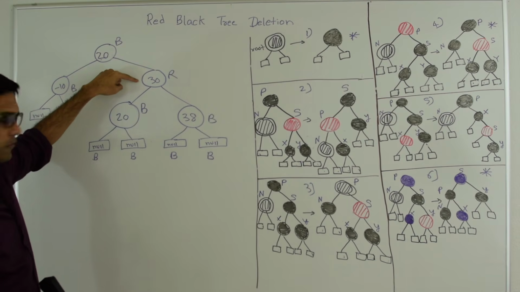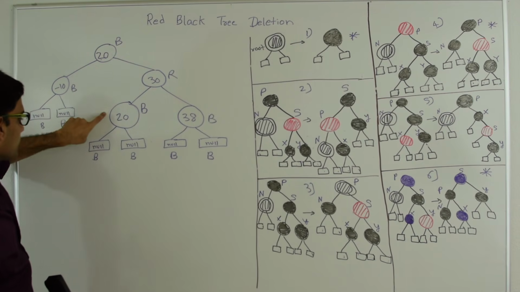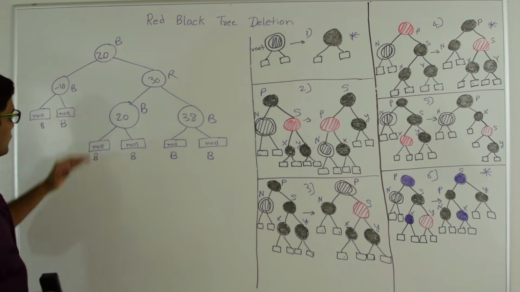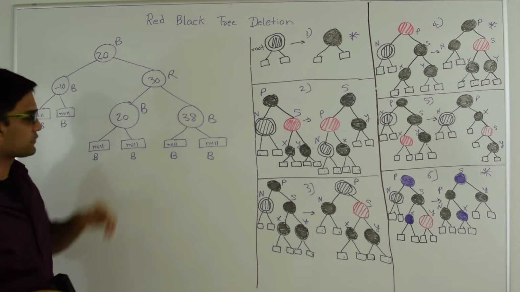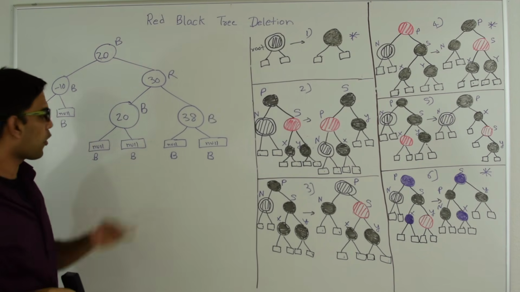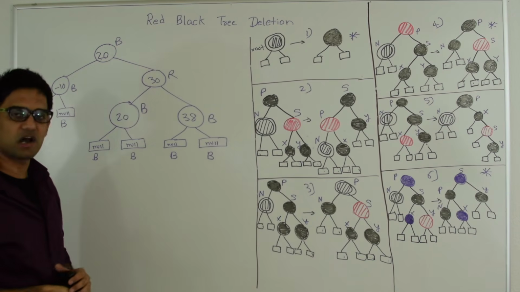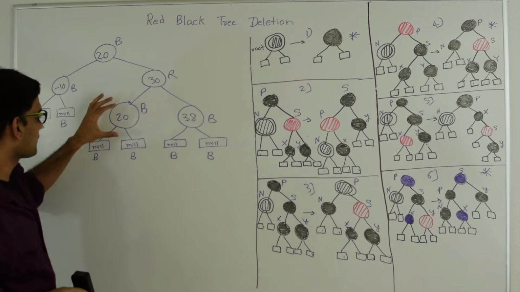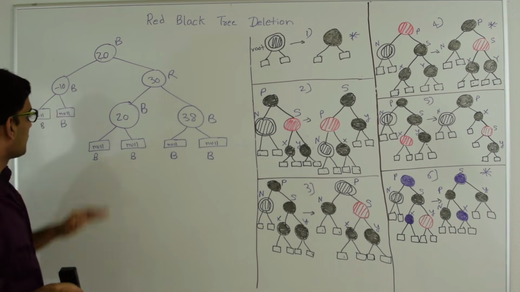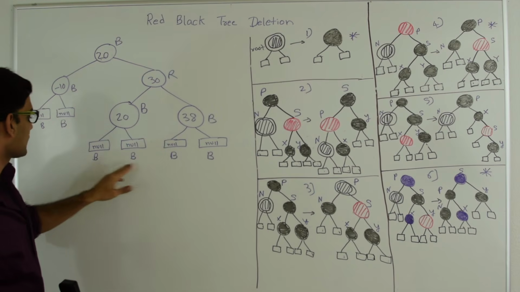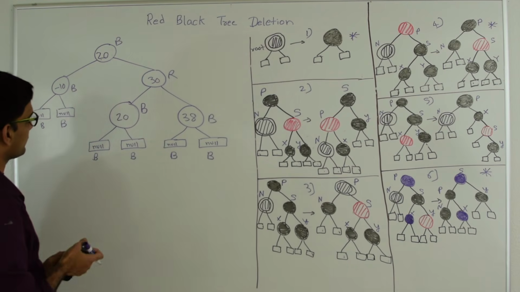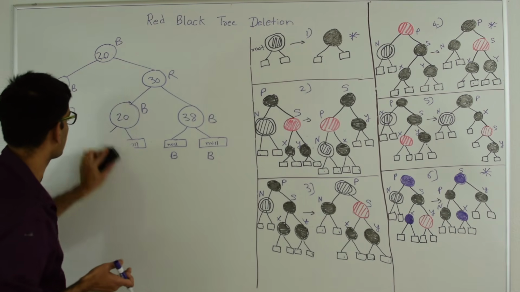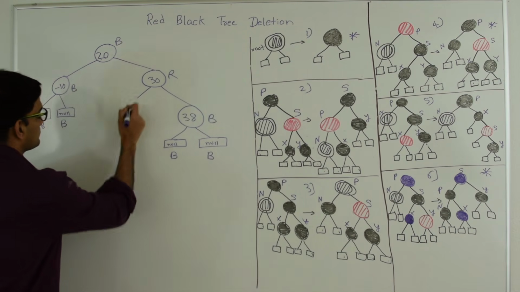So we go to 30, look for 20, 20 is less than 30, so we come to this point and we found 20. So now if you remember from before, if the color of this node was red, we could have just deleted it, or if it had one red child, then we could have replaced this one with that child and colored that black. But in this case, the color is black and it has 2 black null nodes. So we need to somehow delete this. So the way we do it is we delete this node,